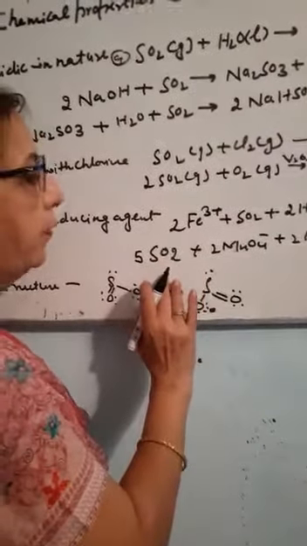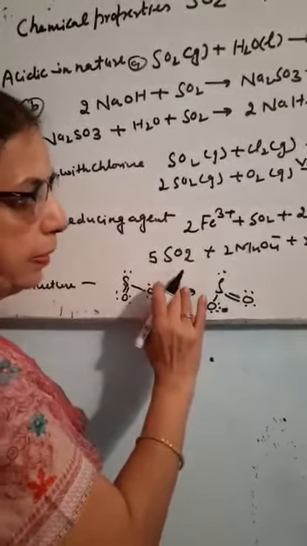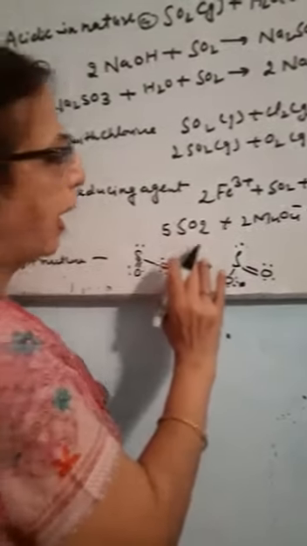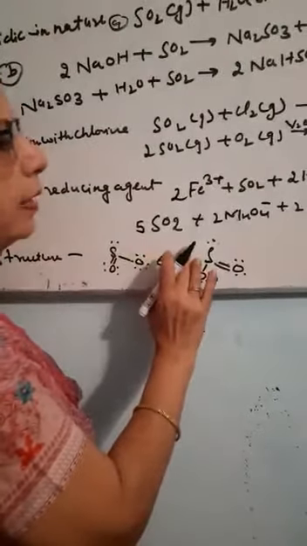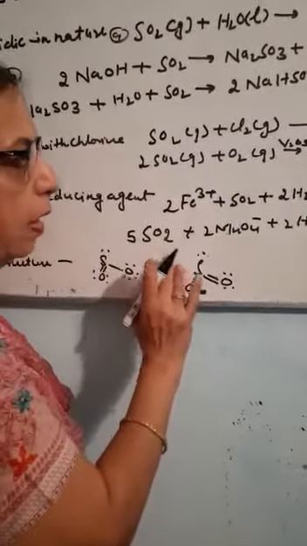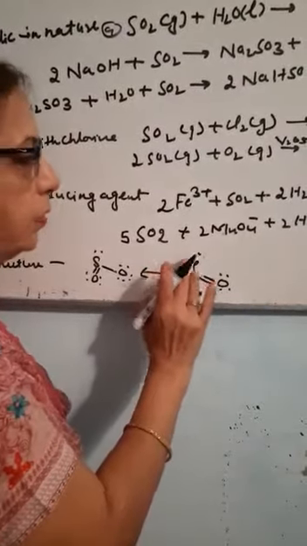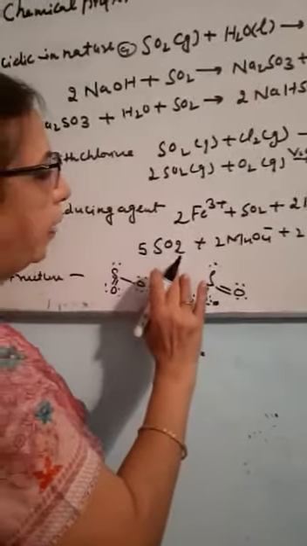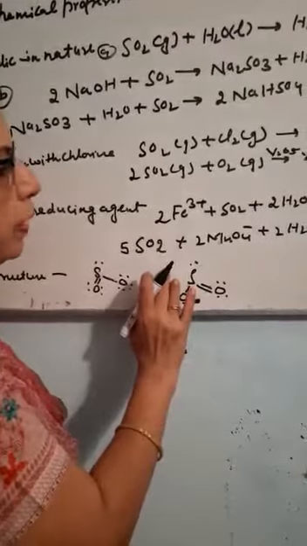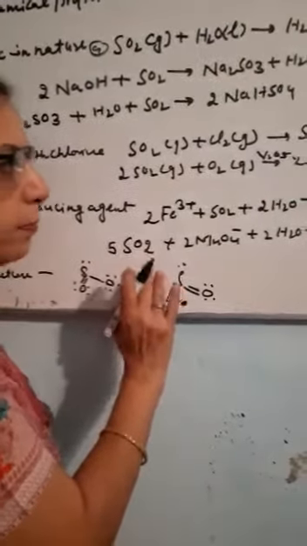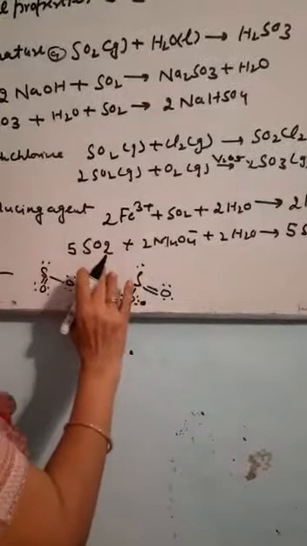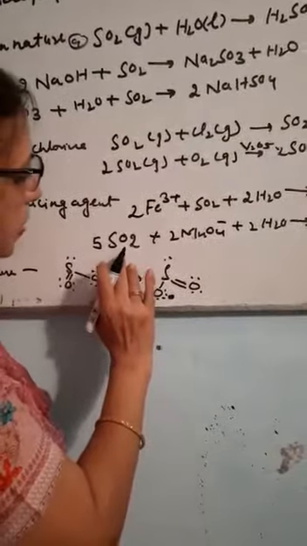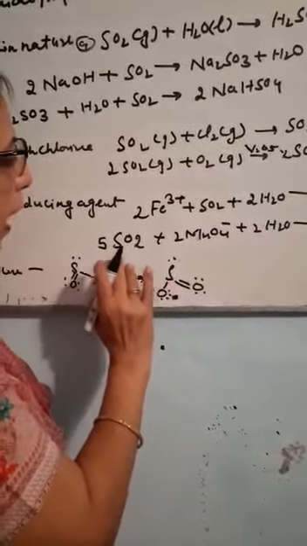Sulfur dioxide has one very interesting property. It acts as a bleaching agent. Like chlorine, it can also decolorize vegetable matter. Chlorine decolorizes due to the presence of nascent oxygen, whereas sulfur dioxide decolorizes due to the presence of nascent hydrogen. But the difference in the bleaching action of chlorine and sulfur dioxide is that its action is temporary and the action of